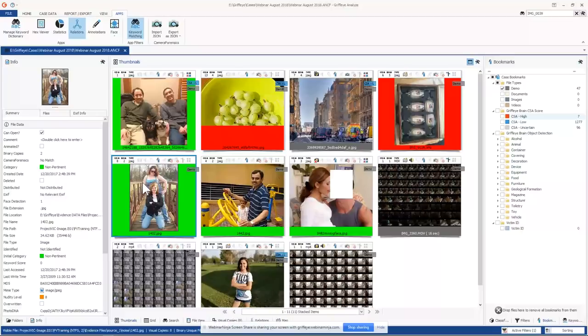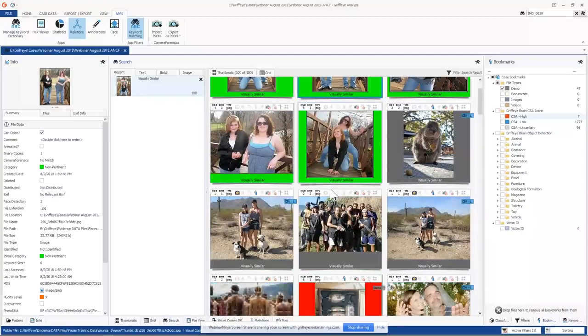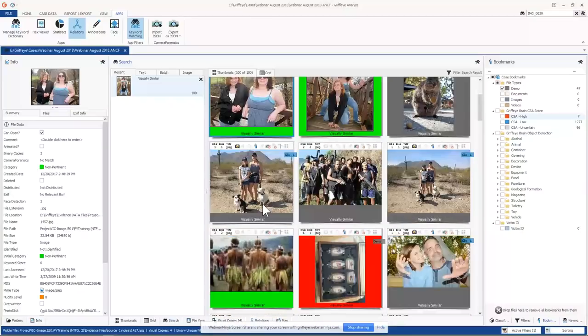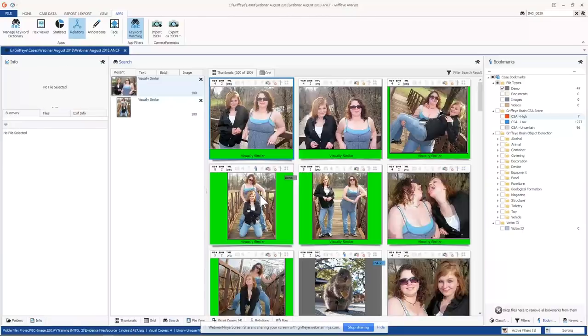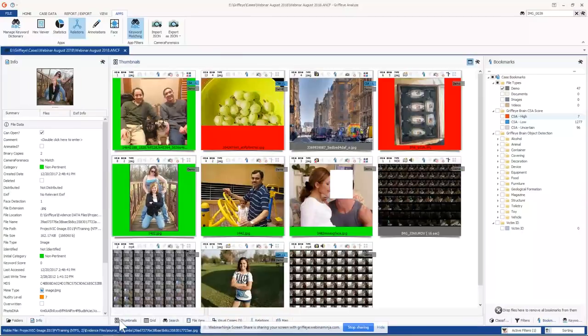If I want to do a similarity search on this particular file, I want to see all the pictures that look kind of similar to this file, because these two women are important in my investigation. I select the file and hit the enter key, and it took me over to the search tab, and it started searching for files that are similar to that file. Notice that the hits are closer toward the top, and they get less and less close as you go down. Now I can bookmark these files or do whatever I need to do with them. I can then select another one within the search tab, hit enter again, and find even more files using this similarity algorithm, which is really cool.